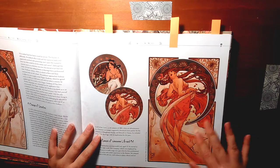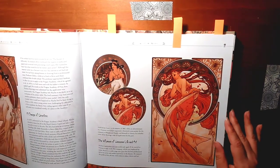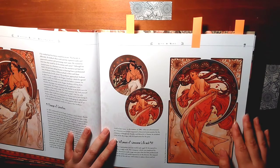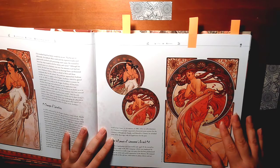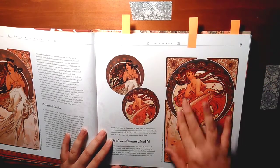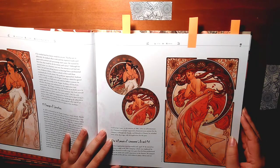I love his compositions and the style and the framework and everything, but it's a personal opinion of mine, and I'm probably gonna get some hate for it. These pieces in particular, I've seen done to death in a lot of people's work. A lot of people that think Art Nouveau immediately think Mucha. And I love Mucha, but people do it to death, and I get really tired of it. There's more to Art Nouveau than just little circles inside the crescent moon, and then flowers everywhere. Art Nouveau is organic, it's nature,